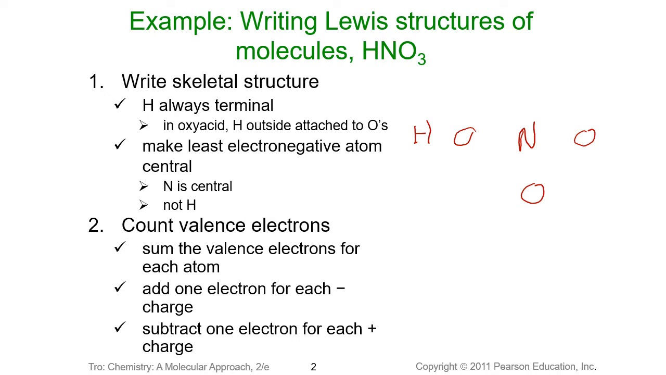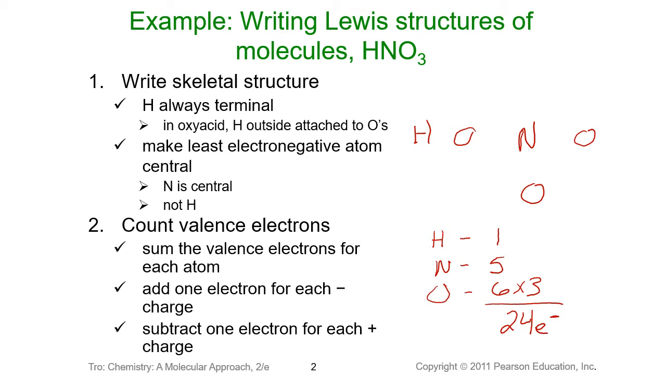Now, we do need to count the number of valence electrons that we have in order to determine how many electrons we can use in the structure. Our hydrogen has 1 valence electron. Our nitrogen has 5 valence electrons. And our oxygen has 6 valence electrons, but we have 3 oxygens. So if we add up these valence electrons, we come up with 24 electrons that we can use in our